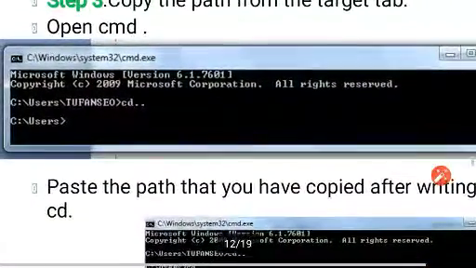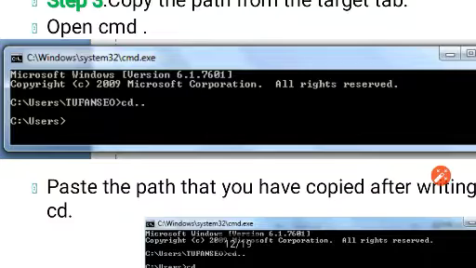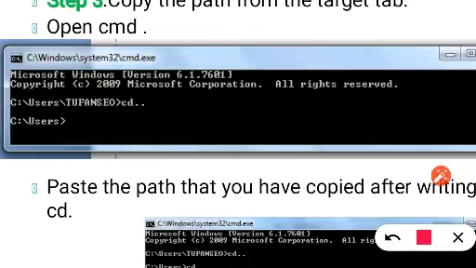Okay, so after copying that target path of IDLE, our next step is we have to open our command prompt. It is already opened, we have to just take it and make sure that we are out of any of the folder. Like over here, it was earlier inside C users Tufan SEO.